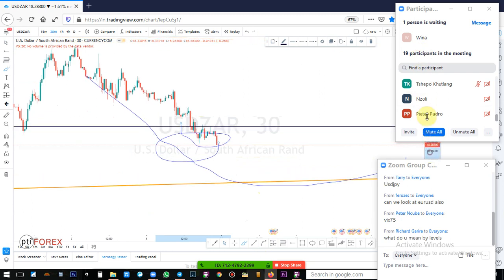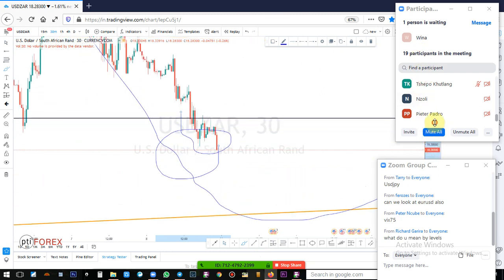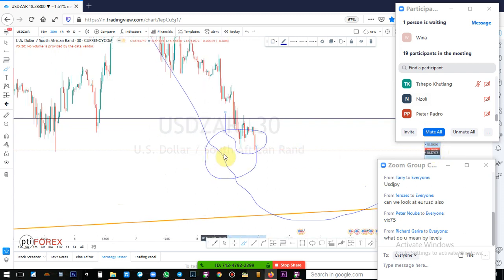Okay, by levels, I mean just significant support and resistance levels. So, looking for this breakout, the question is, should I sell this breakout immediately when the market opens? I can tell you that if you sell this breakout here, your target shouldn't be below this line. This yellow line here, which is our supporting trend line on the high time frame,